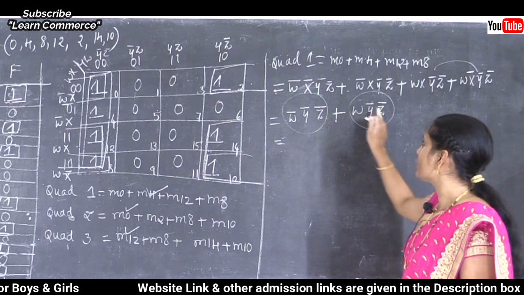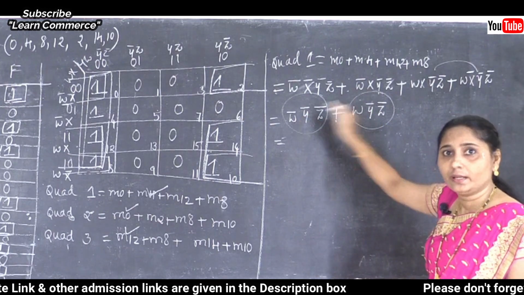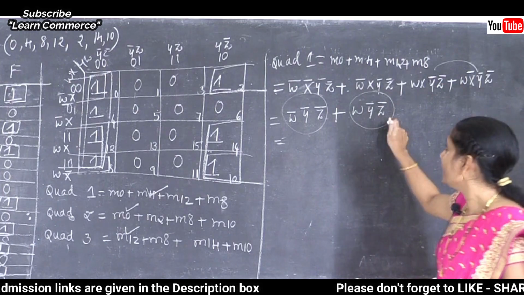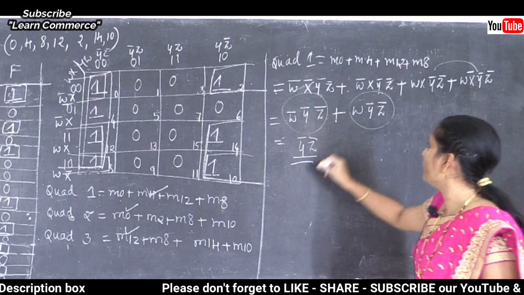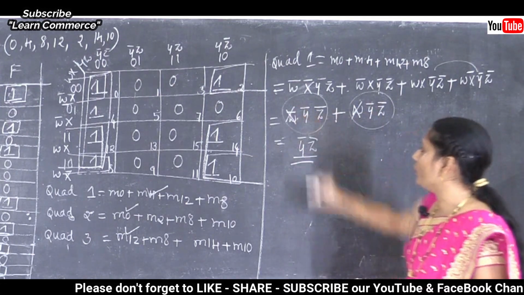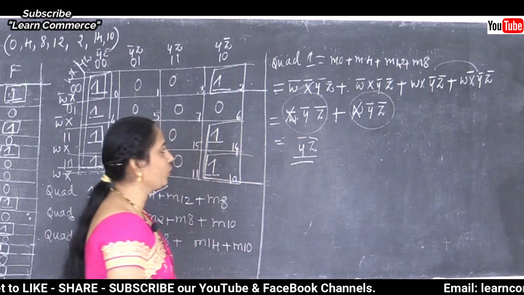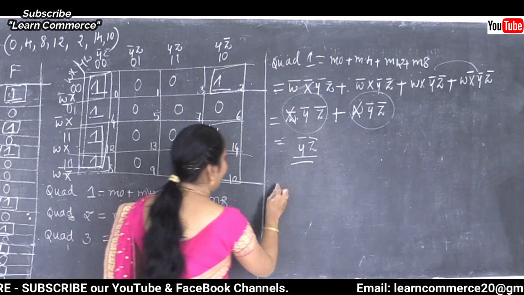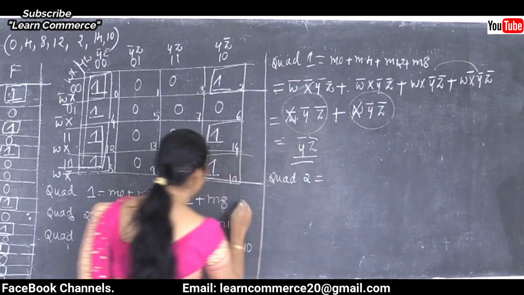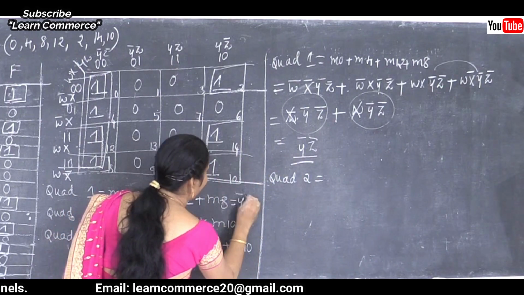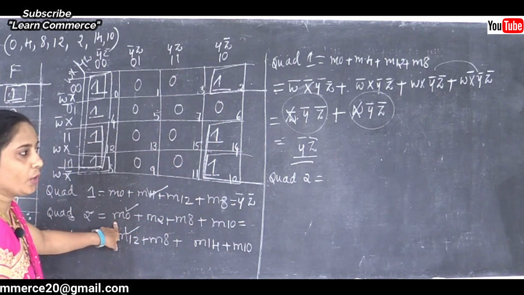When you are going to make the comparison of the result of first and second with the result of third and fourth, again which value do we need to remove? The value is complement W. So the result is complement Y, complement Z. And now I am searching for the quad 2. So now we know that complement Y, complement Z is the result. Now I am searching for the quad 2.